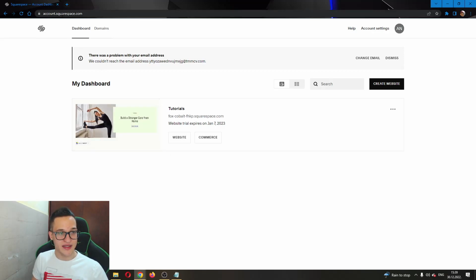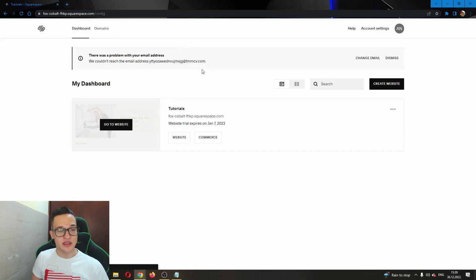The first thing you want to do guys, go ahead to the official squarespace.com website and log into your account. After logging in guys, you'll be greeted by your dashboard right here where you can see all the websites that you have. So guys, let's go ahead and find the website that you want to unpublish. Let's say this is the website, go ahead and click on it, and now this will open up our website